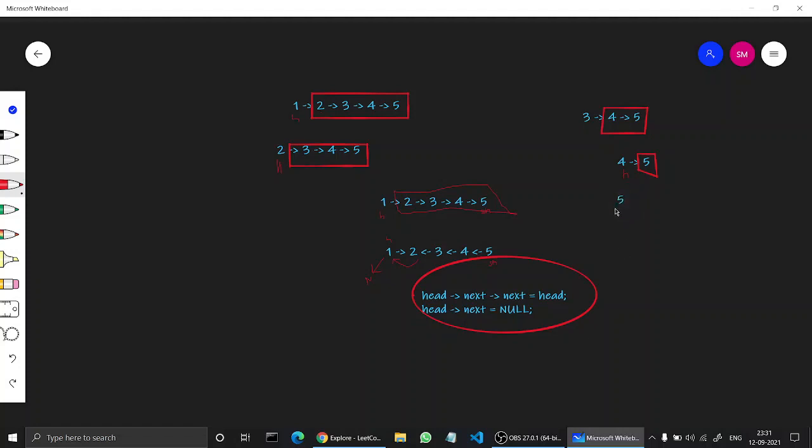5 is our head. So as per our base case, if head is pointing to null, this 5 is pointing to null, we will return head. So 5 will get returned to here as small head. So here we will reverse the connections between them. So 5 points to 4. From here we will return small head, which is 5,